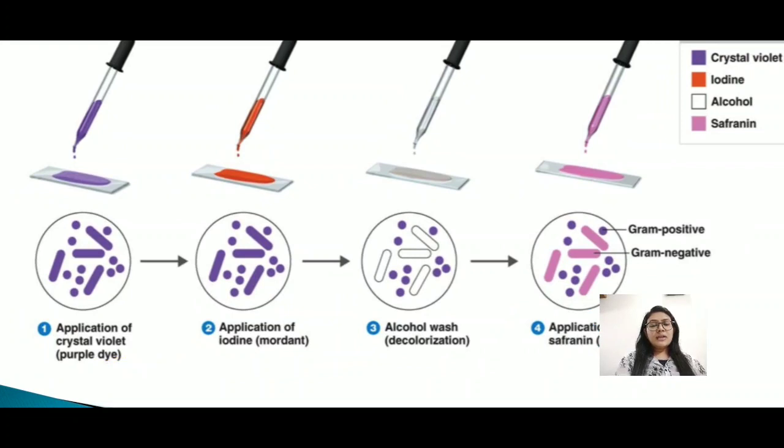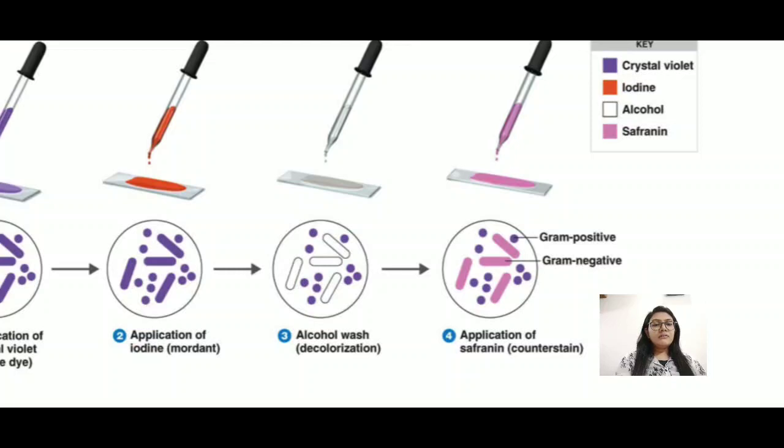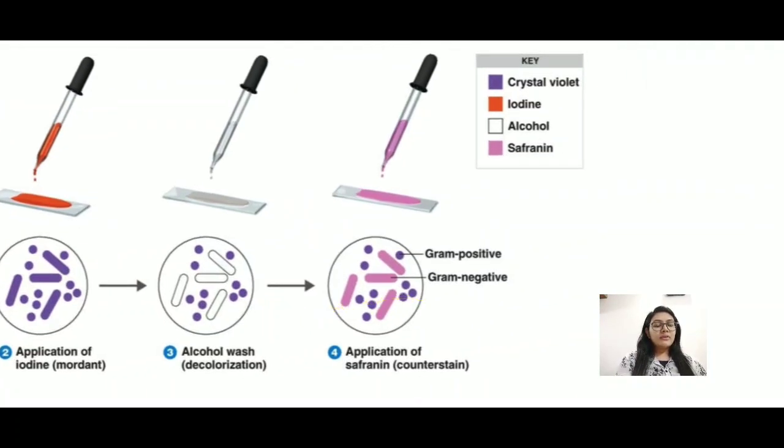In first step, when we apply methyl violet, all gram positive and gram negative bacteria appear purple in color. When we apply iodine, gram iodine complex is formed. In third step, when we decolorize the smear, the gram positive bacteria remain purple while gram negative lose the diiodine complex. And when we apply carbol fuchsin as a counter stain, gram negative bacteria retain the stain, so appear pink in color.